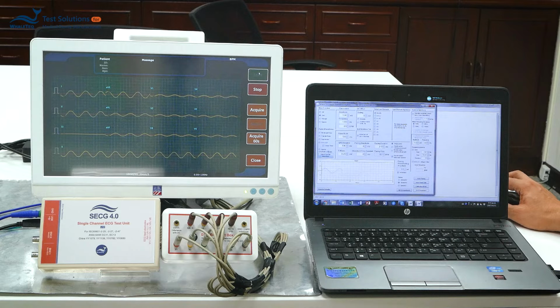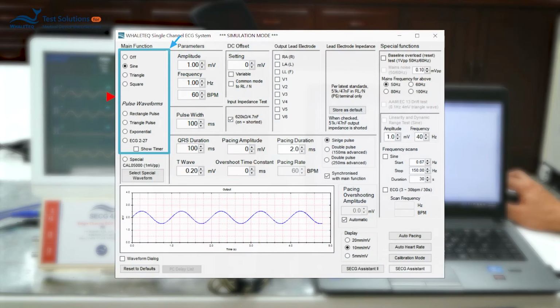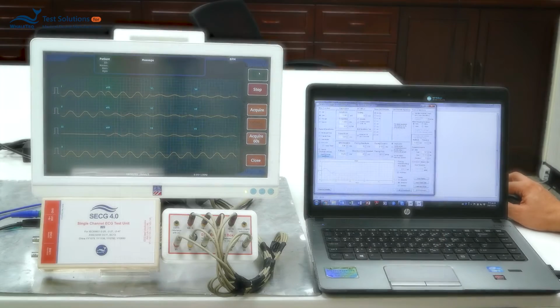Now let's take a look at the functions provided by the SECG 4.0 software. The primary purpose of the simulator is to generate signals described in standards. For example, sine waves, triangle waves, square waves, rectangle pulses, triangle pulses, exponential, and ECG signals required by IEC 60601-2-27.